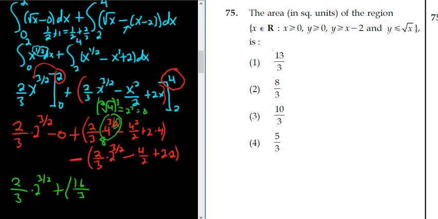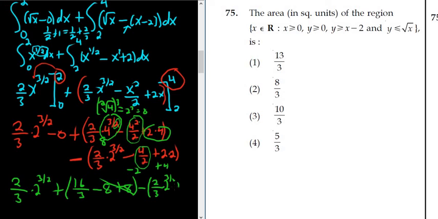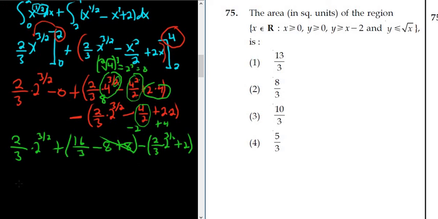Boom, like a pro. 4 squared over 2 is 16 over 2, so it's minus 8. And look at that, that's also 8. Boom, goes away, right? Minus, and then we have parentheses 2/3, 2 to the 3 halves. And let's figure out what's going on here. This is minus 2 plus 4, so it's plus 2. Okay, let's keep going. Oh, this is wonderful. Look, this goes away and this goes away. We have 16/3